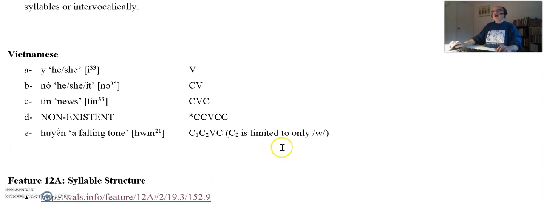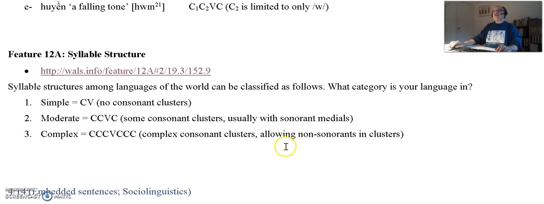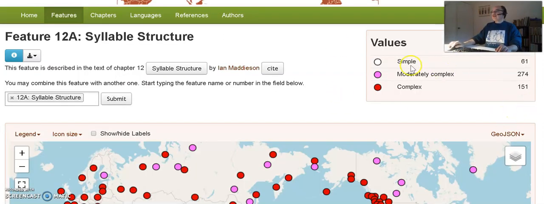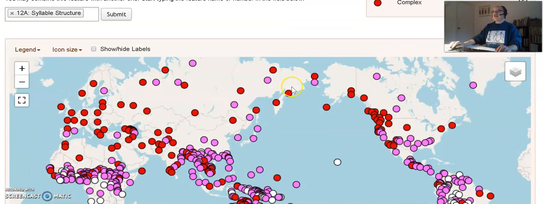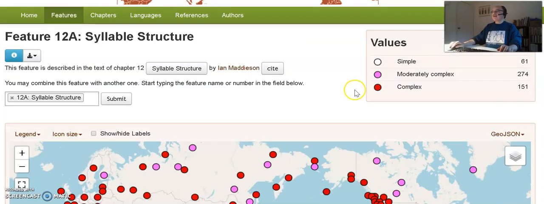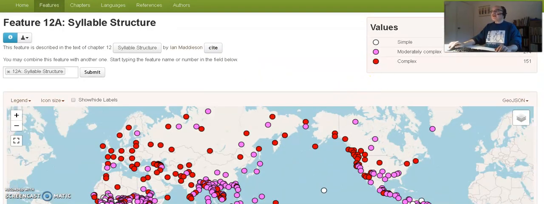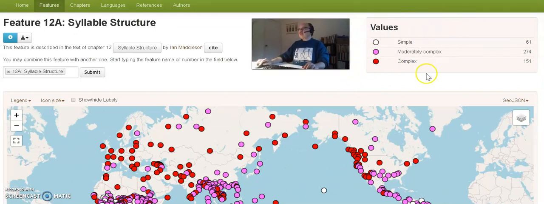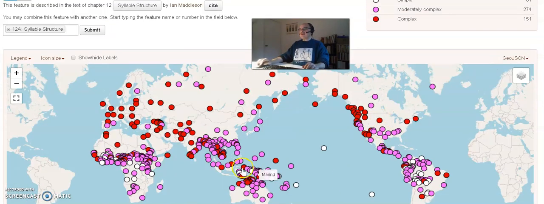All right. So this sort of question of syllable structure is something you can see in the WALS database, and let's take a look at that. There. Okay, so syllables can be simple, moderately complex, or complex. And taking a look at this nice colorful map here, let's make that a little smaller. Okay, and get me out of the way. Okay, there we go. So it looks like moderately complex, sort of in the middle range. And you see here clusters of them. So somewhat more complex over here in Europe, somewhat less, moderately complex in many languages around the world.